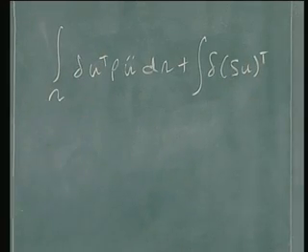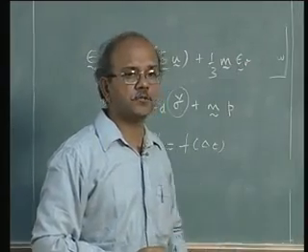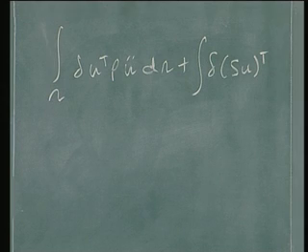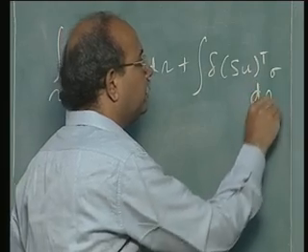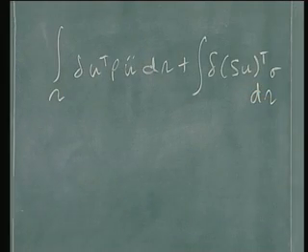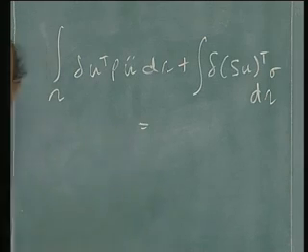Note that delta S u transpose is actually delta epsilon transpose, nothing else, sigma d omega. These are the two terms which happen to be available for us as internal forces,